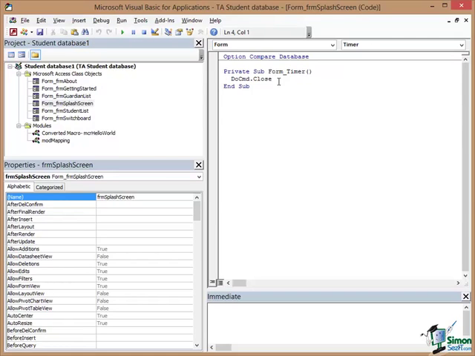Now in the Visual Basic Editor you should notice over here that the module that's selected is one of the class modules, and it's the class module for the form frmSplashScreen. And in fact all of the event procedures associated with that form frmSplashScreen will be in this class